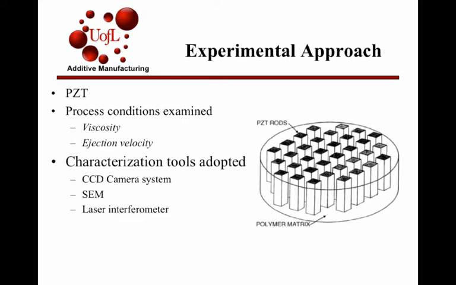Each one of these is the PZT rods. We look at viscosity and then the ejection velocity for the two studies. Don't really know what they used to print these. It just said that the company SPCTS laboratory made adjustments to some 3D printing machine to reach their desired definition, which was looking at trying to get it to be able to create high definition parts at